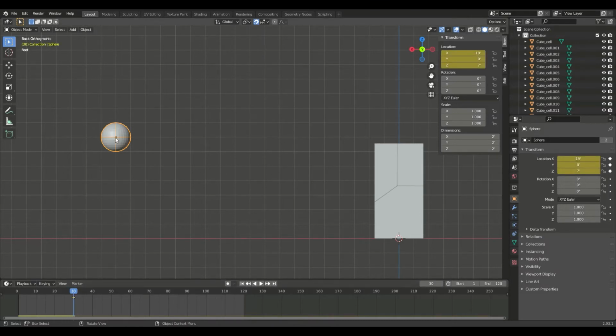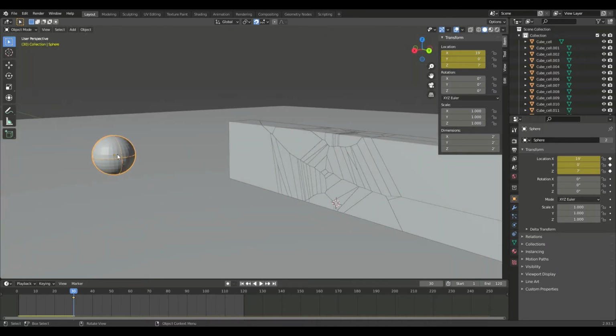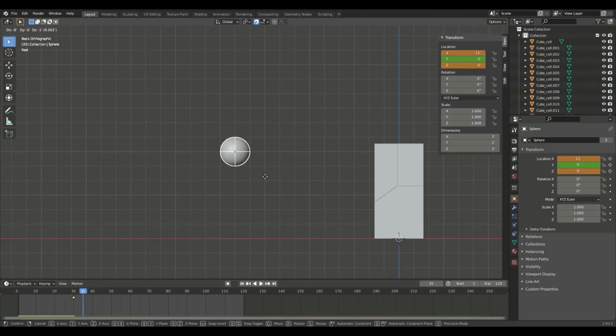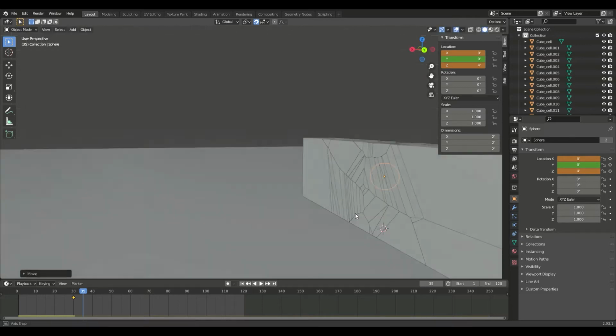But now we need to have it hit the cube. And you're asking, how is it going to hit the cube from being over here to there? Well, I'll explain to you how we do that. So we're going to go to like 5 frames ahead, maybe less if you wanted it to go faster. But then at 5 or so frames away, we're going to grab the ball and put it inside of the cube where you want it to hit.